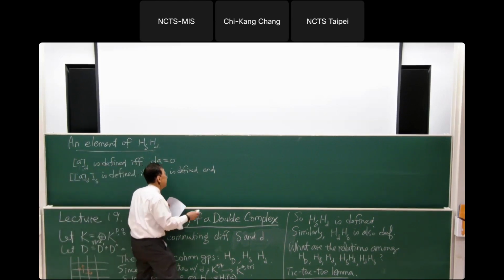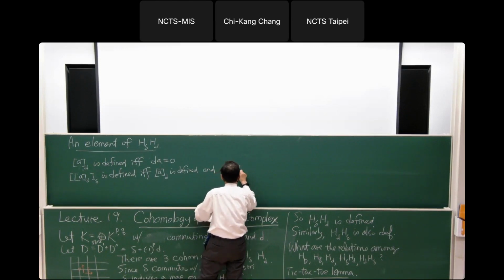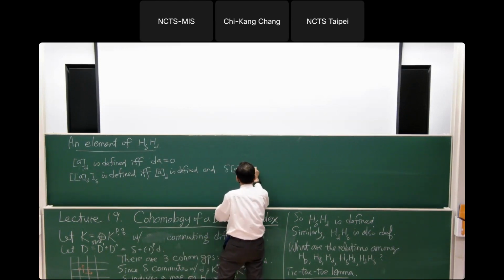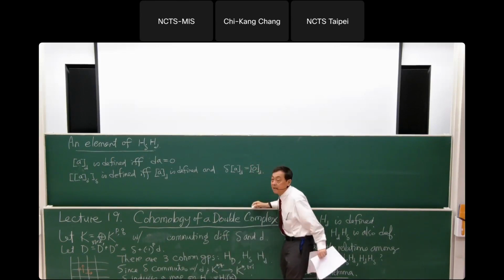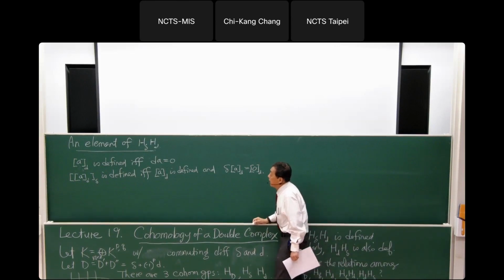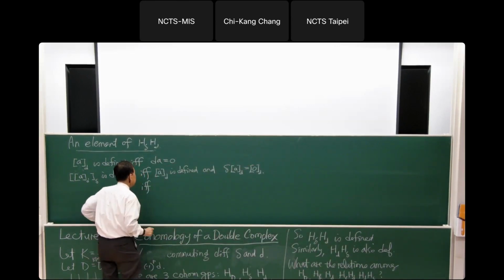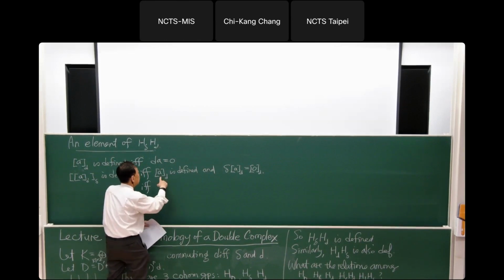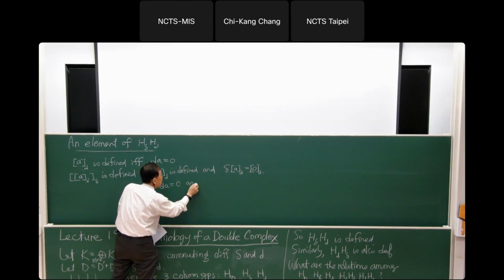So that means delta of this class of A should be the class of 0 in H little d, okay? And let's write this out. So that means if and only if dA equal to 0 and